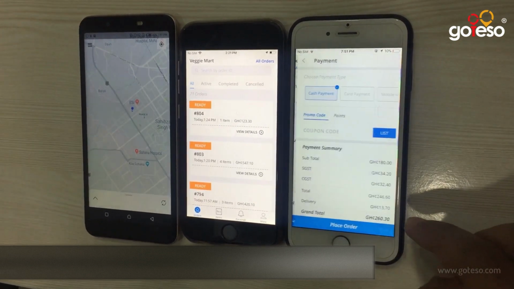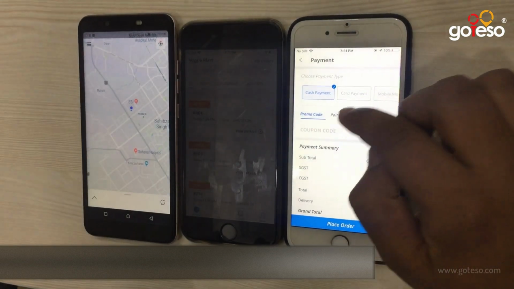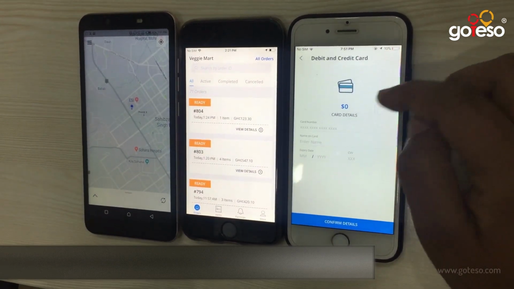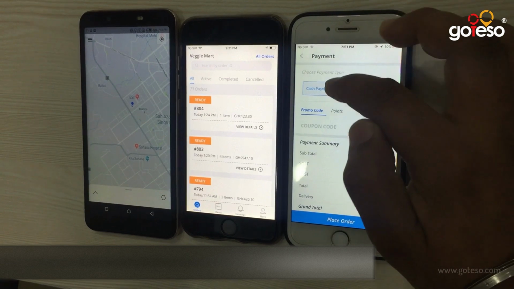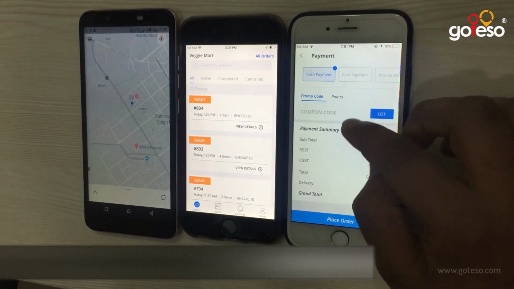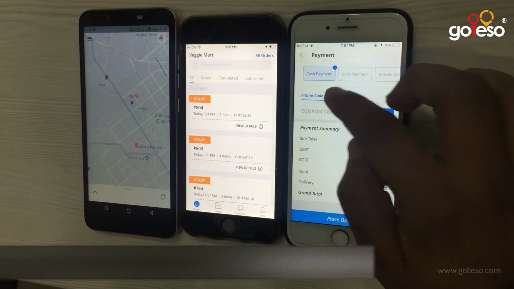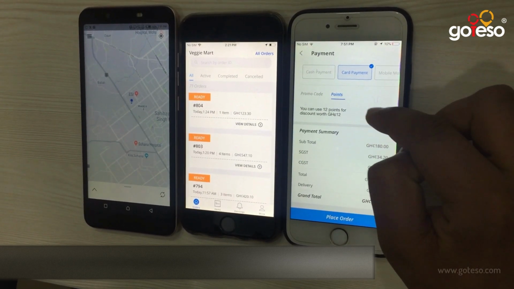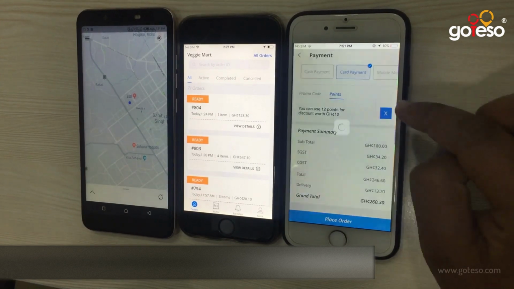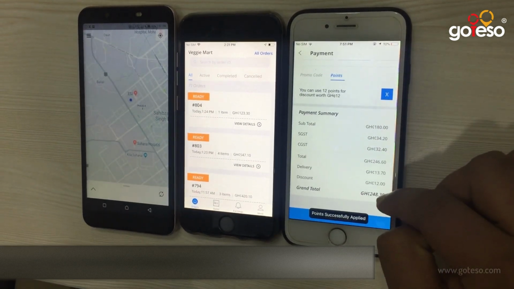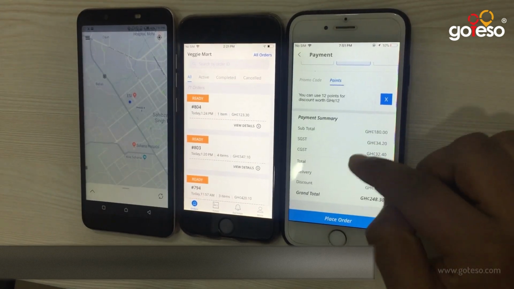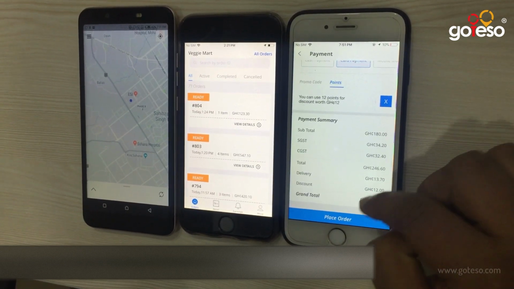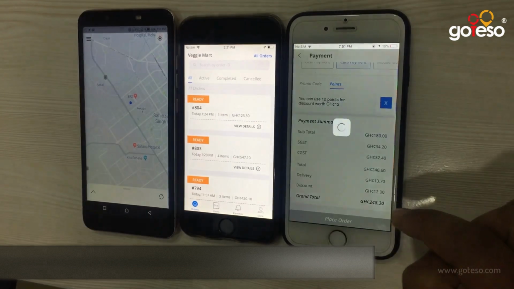Right now I'm clicking on proceed to payment. Then right there I can see how I want to pay for this order. If I select card payment, I can put in my card details, but for now I'm just using cash payment. Okay. Right there, I can use my promo code or I can use the points. Now, points are the cashback points, right? Let's say I want to use my cashback points, I can use them and it will apply the discount over those points. Now, in here, it applies the points of 12 units of the currency, okay? Now, I'm placing the order.